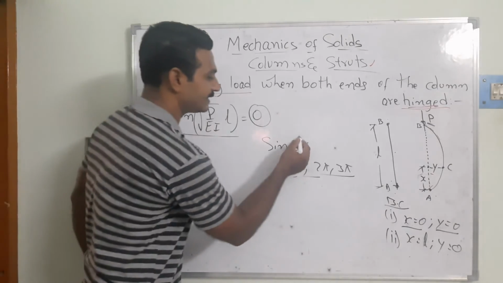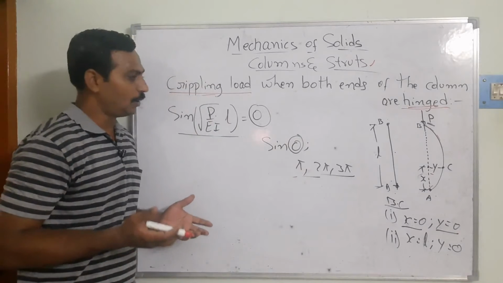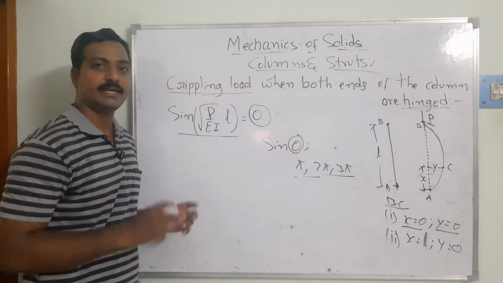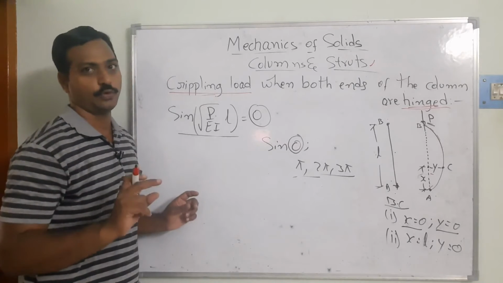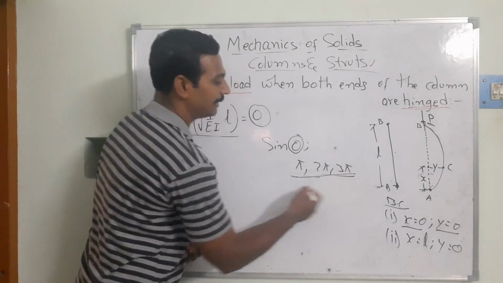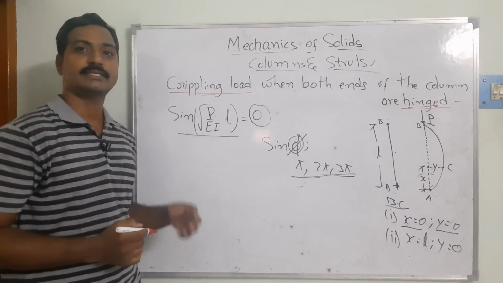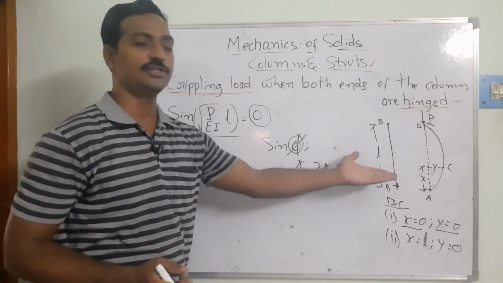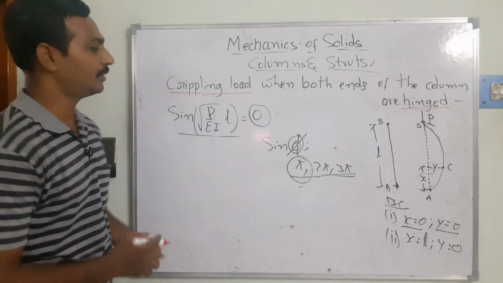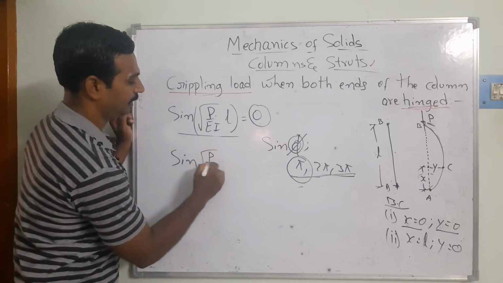But if I take sin 0, then the P value is also going to be 0. Because we know that the load is coming onto the member axially in the downward direction. It means that the member is subject to a compressive load. So for this, I am going to take the least value of the remaining parameters. I am not going to take sin 0 here, because if the sine angle is 0, it means the deflection is 0. So that's why I am going to consider the least value, which is pi. So that is equal to, so P by EI